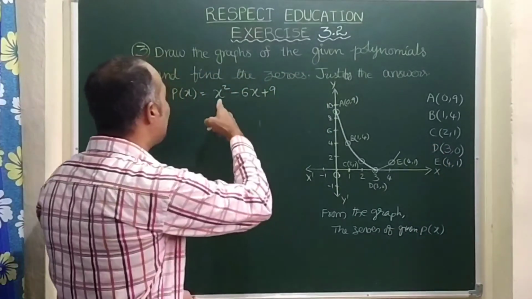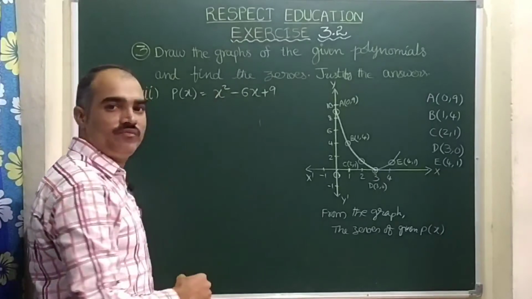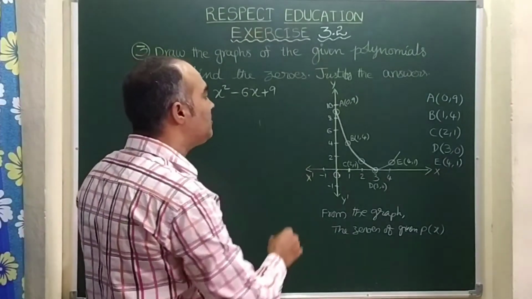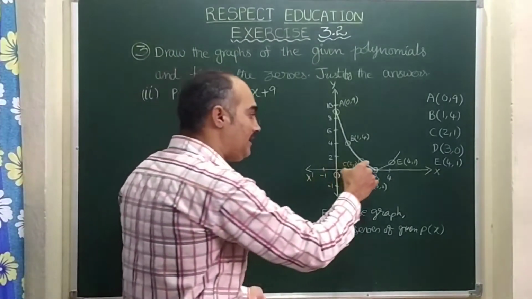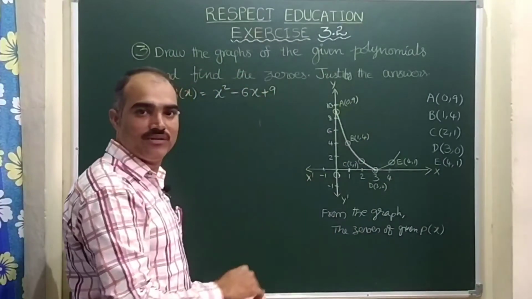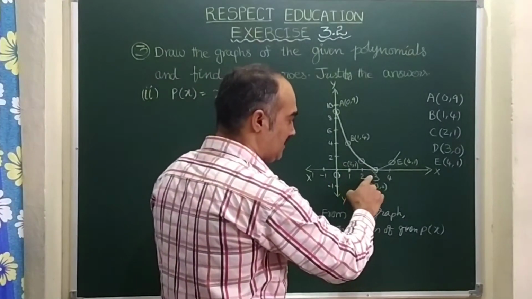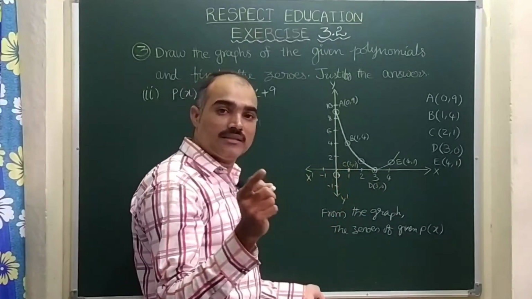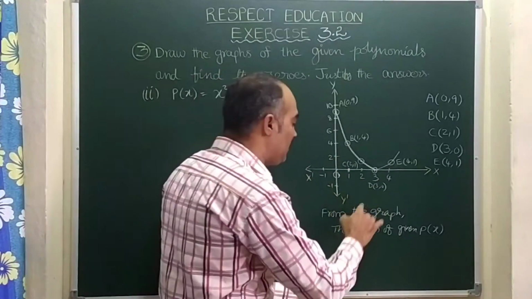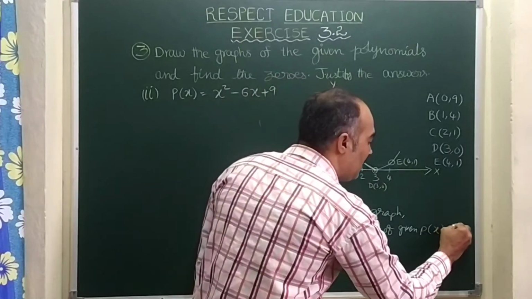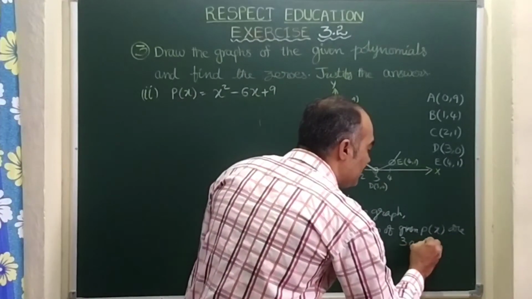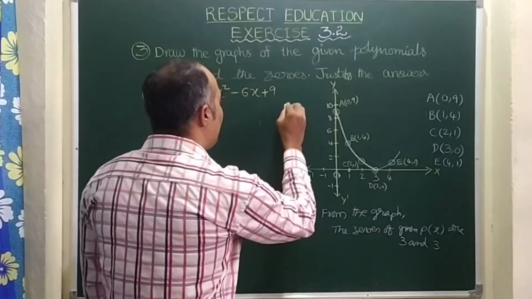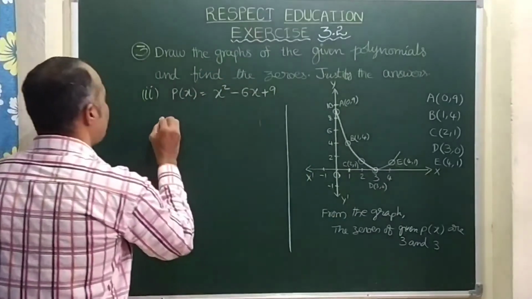Here you see children, which kind of polynomial is it? Its degree is 2. Means it's a quadratic polynomial. A quadratic polynomial will have at most 2 zeros. So we can take both the zeros as 3 itself. We can say this polynomial has 2 zeros, other than that they both are equal. So here we can write that the zeros of the given polynomial are 3 and 3 itself. 3 and 3 means x equal to 3 and x equal to 3 itself. So here let us do justification.